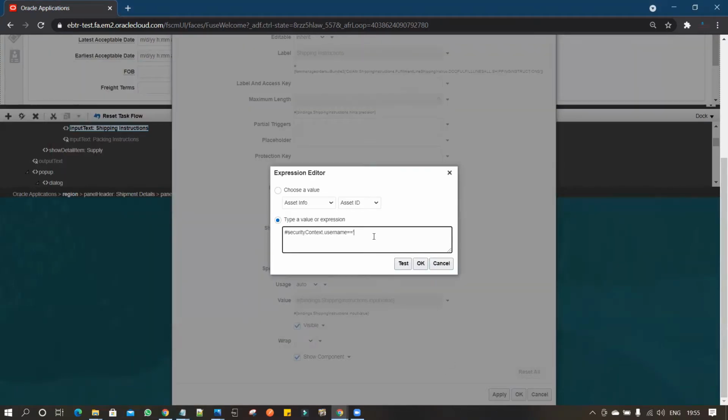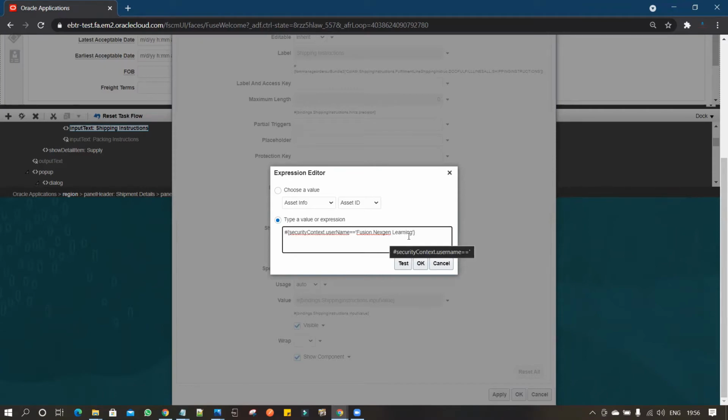fusion.nextgenlearning, and we'll type it over here and close the bracket. Let me close it, and we'll start the bracket and type the username.